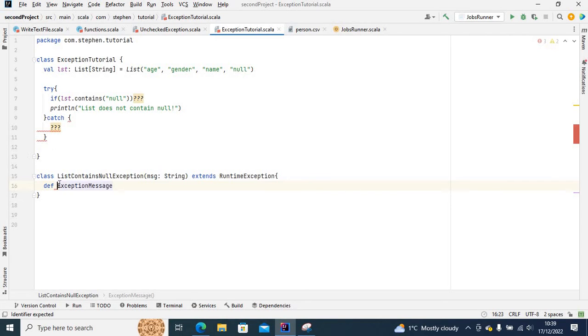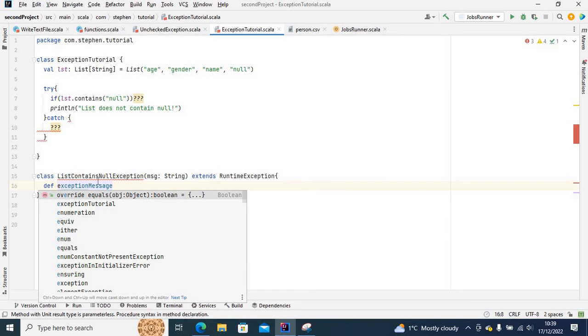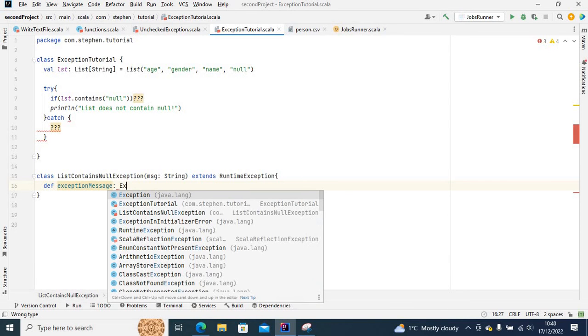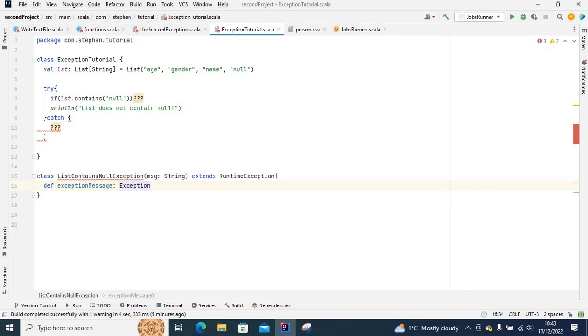Exception message is not going to take in any argument, but it's going to return exception, and here I'm going to basically throw new exception, then put the message inside. So this is the message it's going to output, and what I'll do here is basically throw this exception class